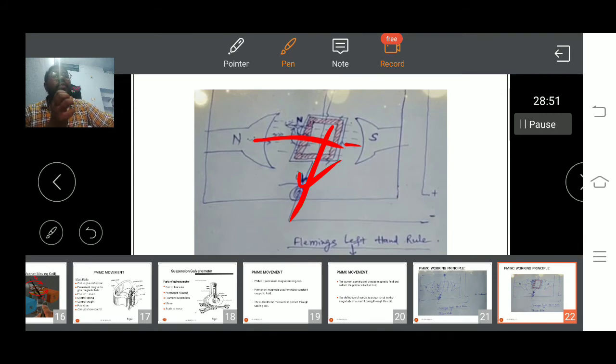The induced EMF is nothing but the eddy current damping. The eddy current damping is produced in the aluminum base only. That is the concept of eddy current damping. Due to the production of the induced EMF, it generates current, and the EMF cuts the magnetic lines. In this way, we get the concept of generating force or current in this motion of the coil. Then deflection occurs. In this way the PMMC meter works.